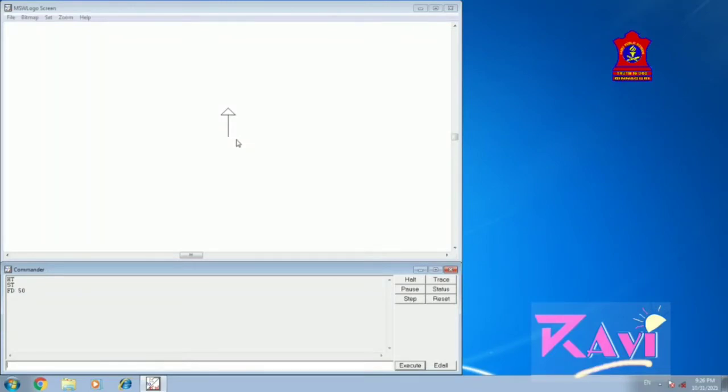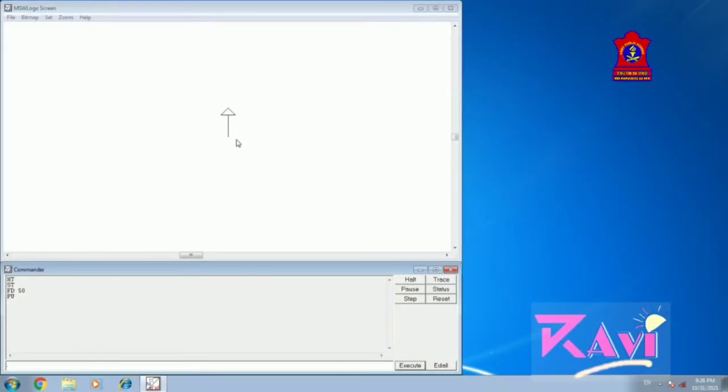See here, first of all let's use the pu command. Pen up, pu, enter. We have done pen up. Now we are going to move the turtle forward again by 50 steps.